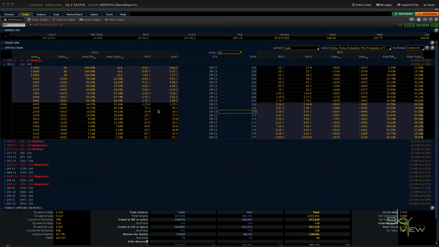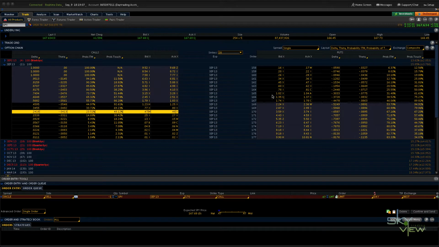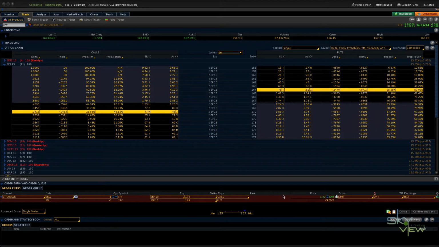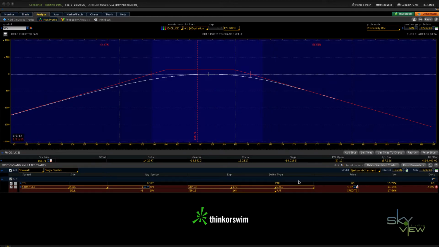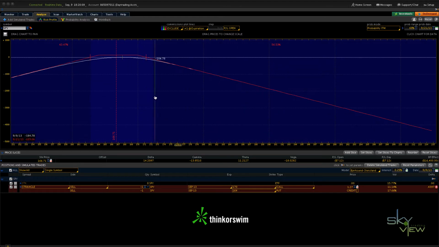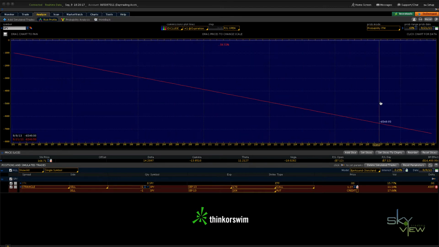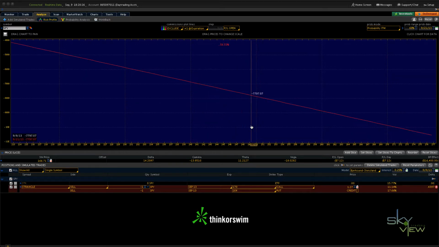So if we look at the SPY option chain and we look at a short strangle, you can see we could sell the 170 call and the 164 put for a credit of $127, and if we analyze this trade, you can see our max profit up here is $127, which is the credit we took in, but our max loss is unlimited. So you can see if the S&P did go to 250, which is highly unlikely, but theoretically the stock can go to infinity, your loss would be minus